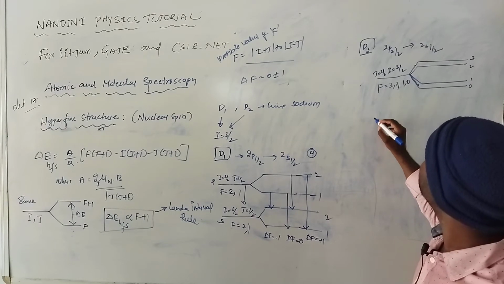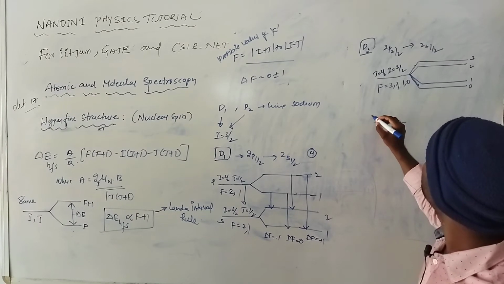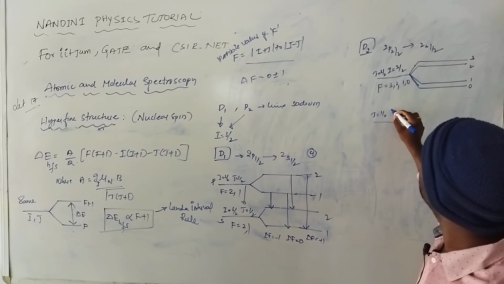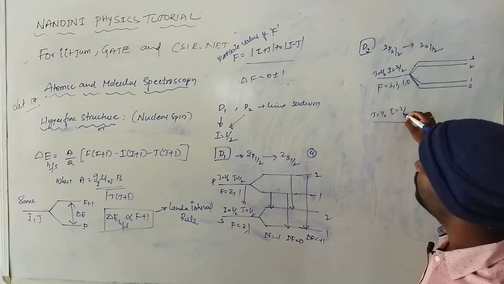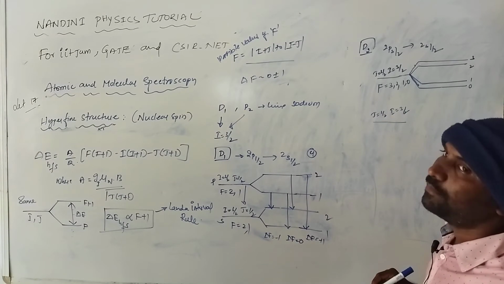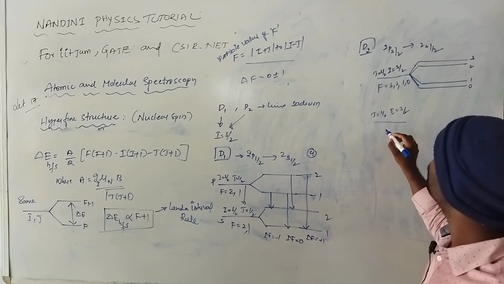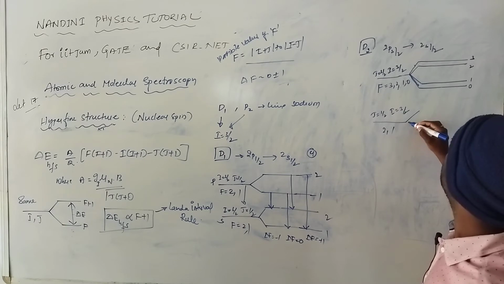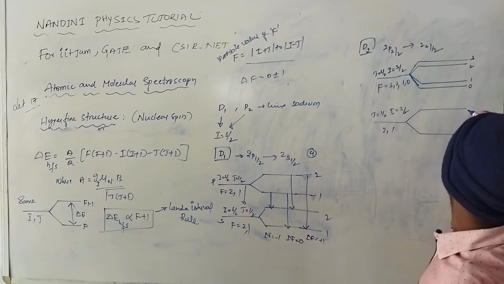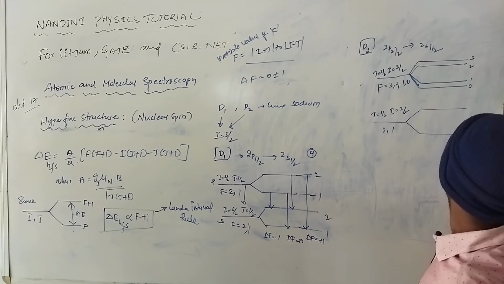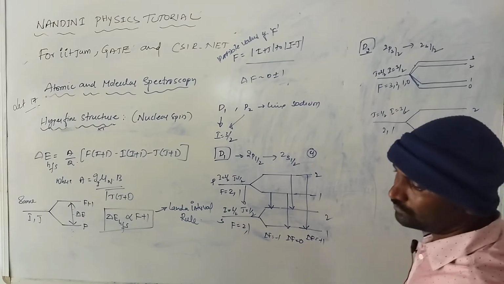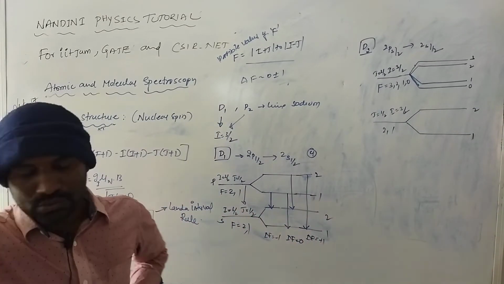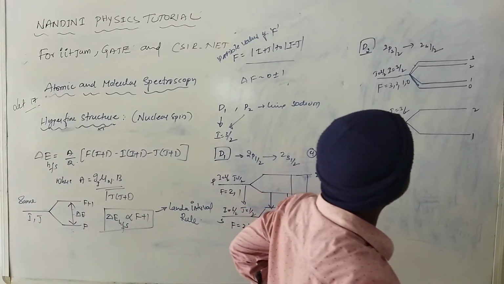And similarly this is the S state, J is equal to 1 by 2, I is equal to 3 by 2, so 3 by 2 plus 1 by 2 gives 2, and 3 by 2 minus 1 by 2 gives 1. So F is 2 and 1, it will split in 2 ways. Okay, you will get 1 and 2 values. So therefore you will get a total of 6 transitions.